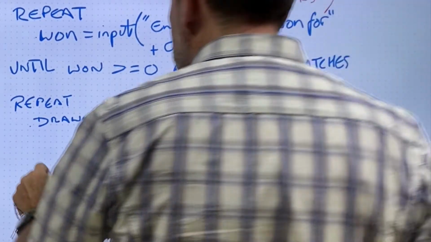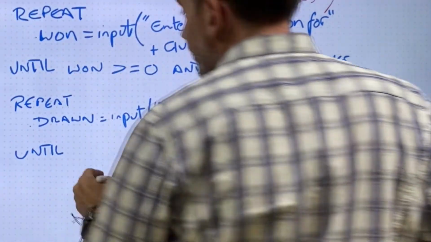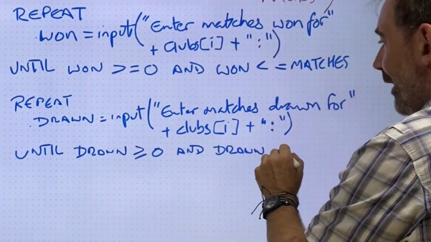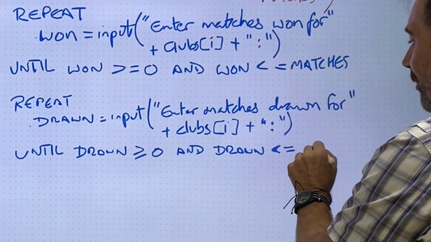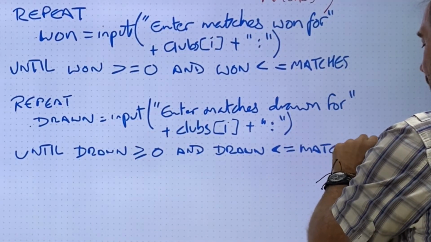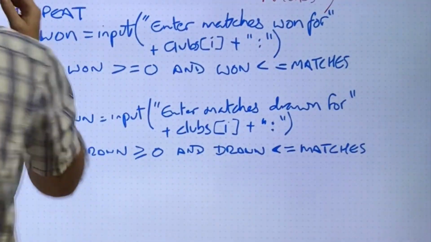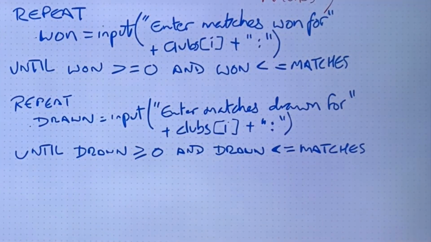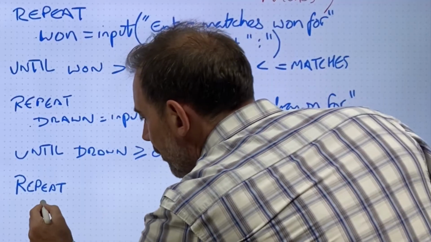Okay, until. This is exactly the same until drawn is less than or equal to matches. And then finally, we've got repeat, loss,